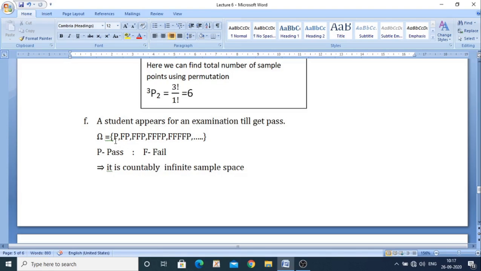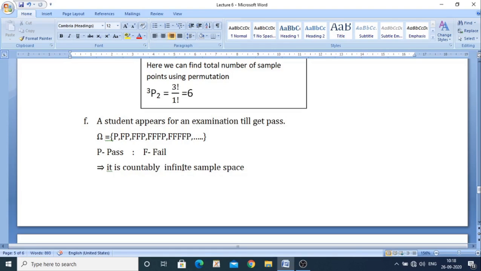Now if you want to know, the same omega can be written as the number of attempts, if that is the question, then we can write the first attempt. It will not start from 0. It will be the first attempt, that is in the first attempt he gets pass, or 2 attempts, that is the first is failure and the second one is passing. So it is 2 attempts. These are the 3 attempts. These are the 4 attempts. So this omega can be written as 1, 2, 3 and so on.